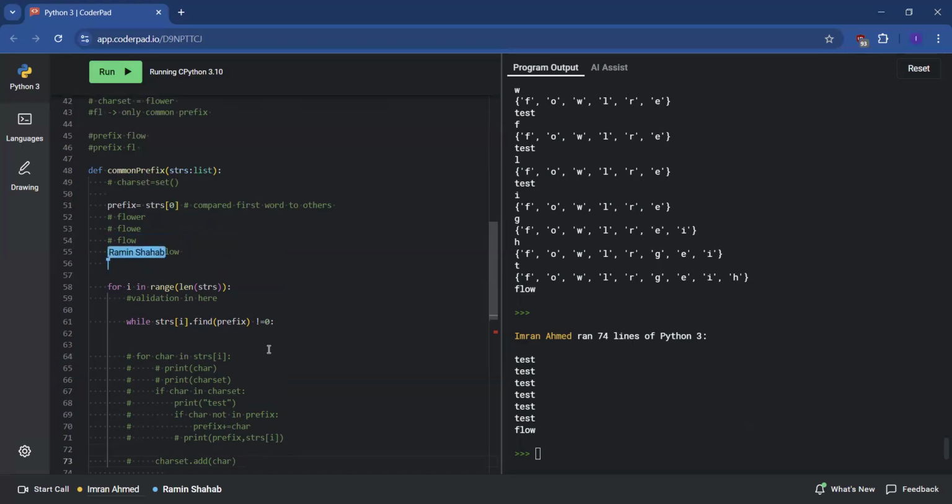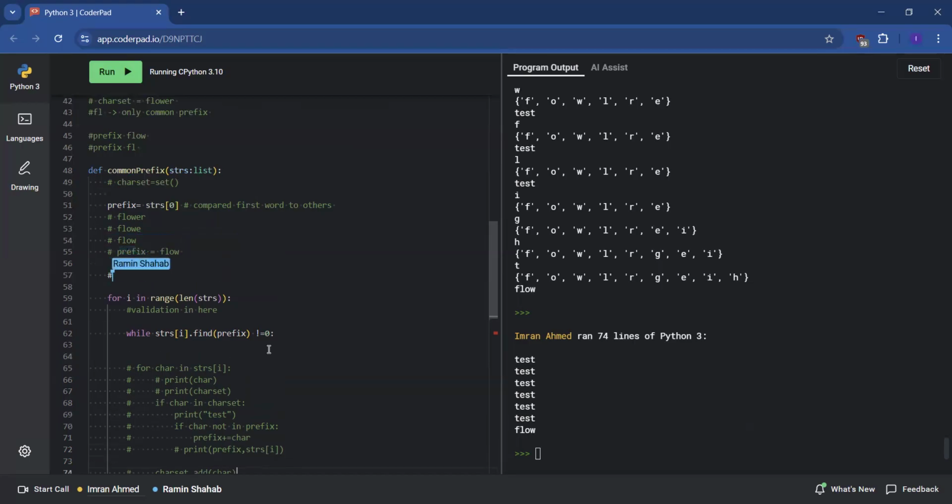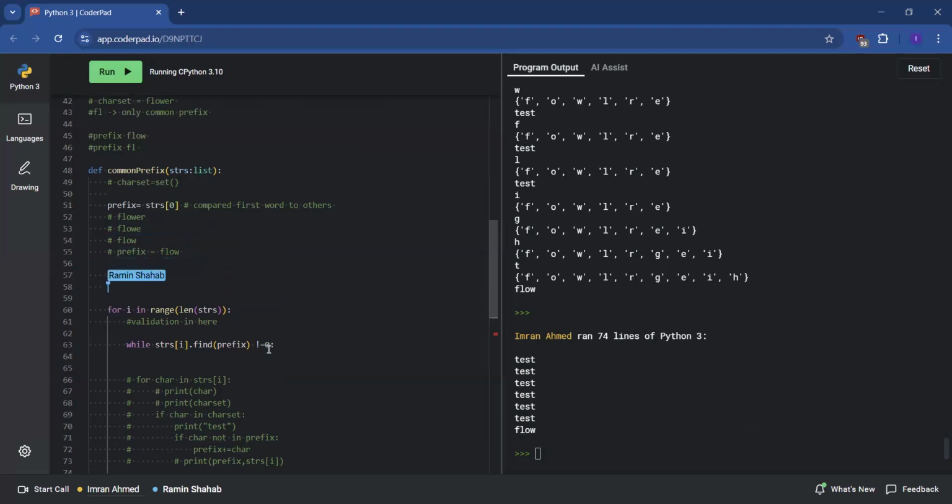On the next one, which is going to be flight, just do the same thing, right? So right now, I'm going to subtract anything that's not in there. So far, W is not in flight, so I go to the next one. T is not in flow, so I go to the next one. H is not in flow, I go to the next one. G is not,